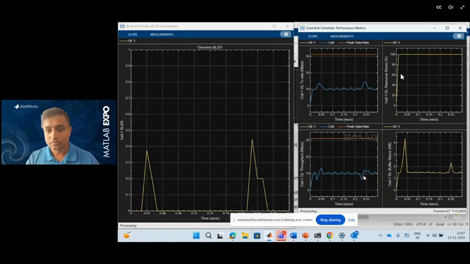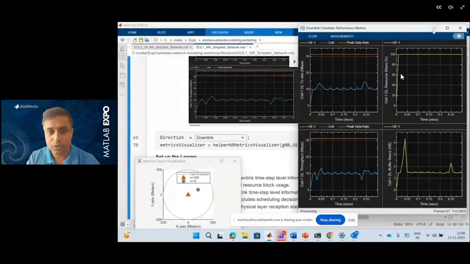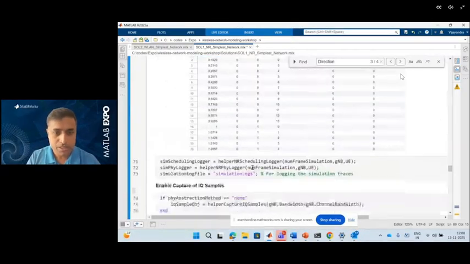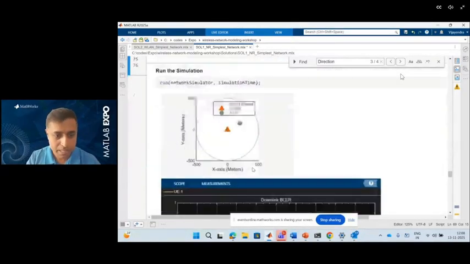Now, so far, we have seen graphs and patterns and some high-level information about how our network is behaving. But can we also see numbers? So let's go ahead and explore some statistics. Now, this is downlink, and we are seeing some errors in transport block decoding. So let's go ahead and go back to run our model. Hope everybody is able to run it without any glitches. And since we have already enabled the statistics,